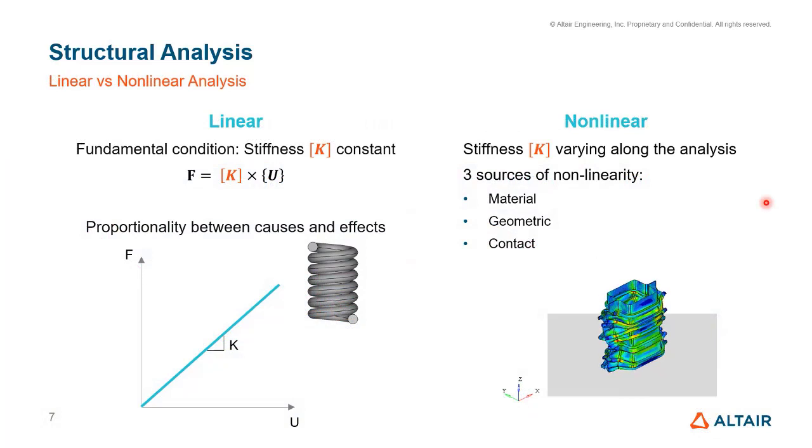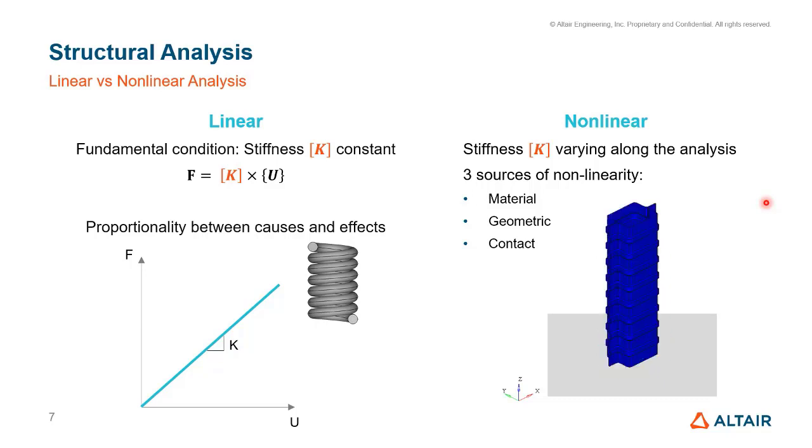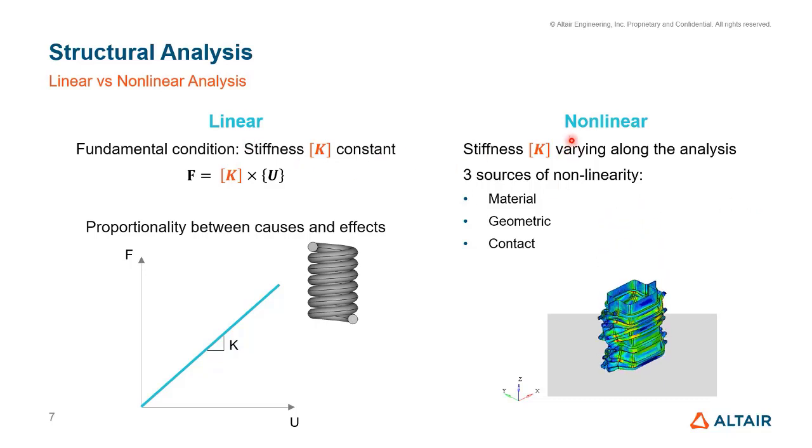Answering some of the questions that I've asked in the system idealization part: how to define my problem in terms of if it's linear or non-linear, if it's static or dynamic. Let's go into it right now, comparing both of them and understanding where and when you should use linear or non-linear, static or dynamic. So, starting with the linear part, our fundamental condition is that the stiffness matrix remains constant